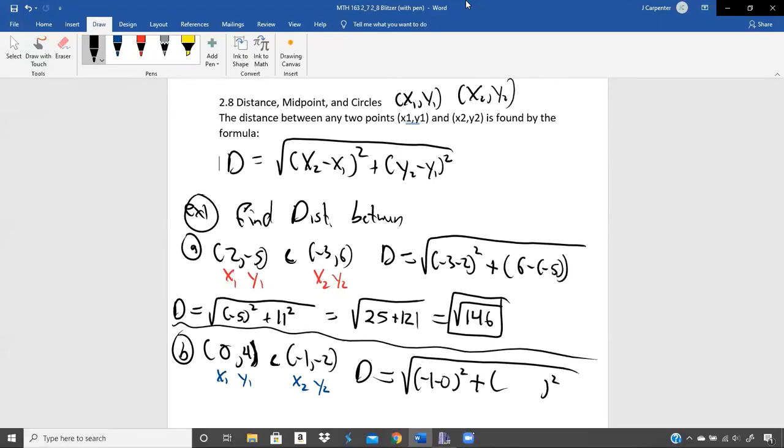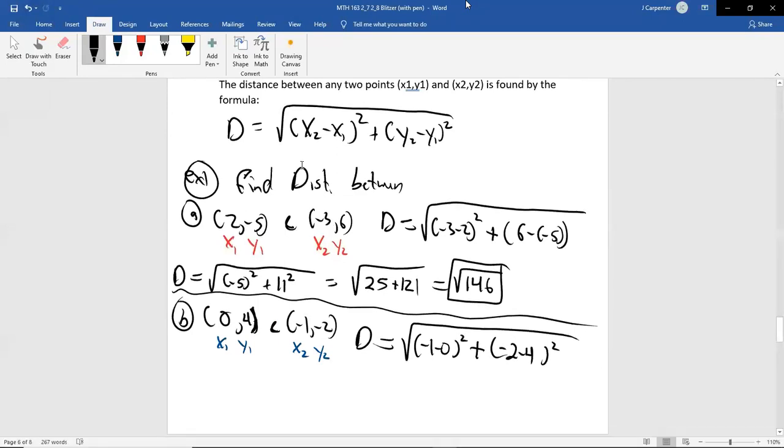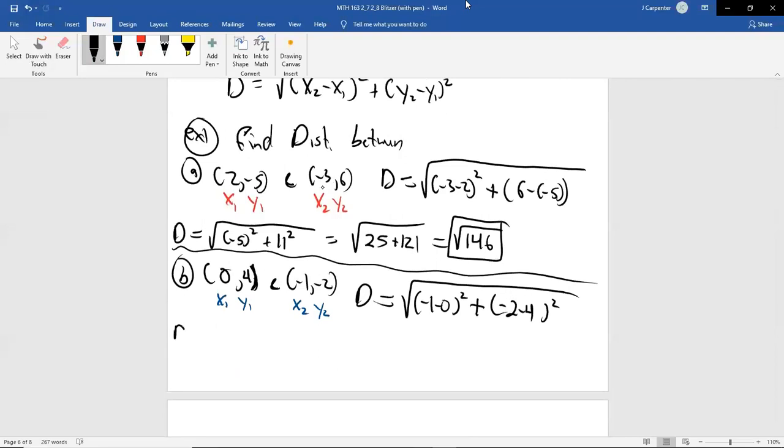And again, I could go 4 minus negative 2, and I would conveniently get the right answer, but I'm going to be consistent in the order, negative 2 minus 4, y2 minus y1. No double negatives the way I've done it this way as well, so that's kind of nice. So D equals square root. Now, the problem is don't get a bad habit. Don't start rearranging things here and think you can do that with slope because, again, you have to be consistent with slope at least. If you do 1 minus 2 in the top, you've got to do 1 minus 2 in the bottom.